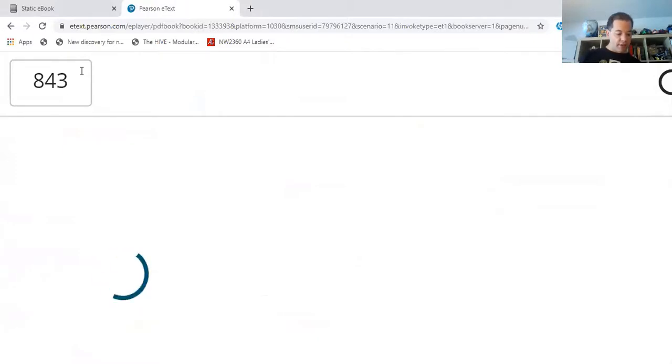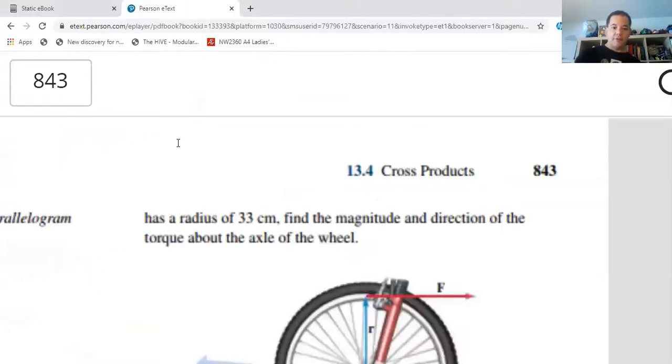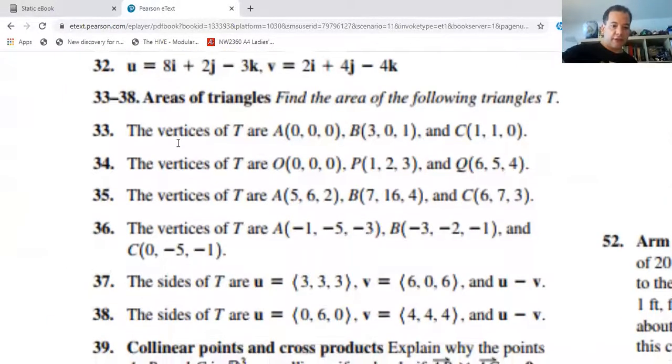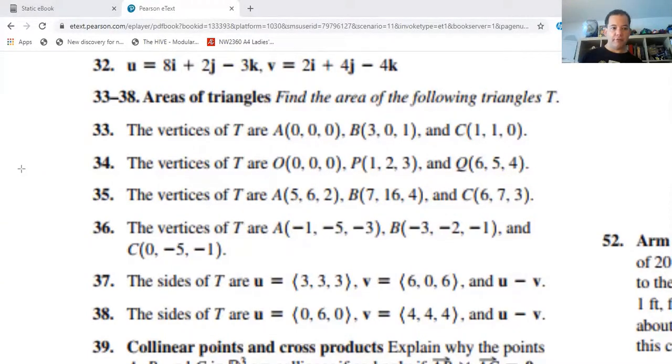I'll show it on the screen in a moment if you don't have the book with you. So right here, 35. This one. Okay, let's give it 5 minutes. So this time we have three points in three-dimensional space, and we want to find out the area of the triangle. And it's a triangle, you know, right there in space, right? So it's difficult to find it in a different way. If you wanted to find it directly, you would need to